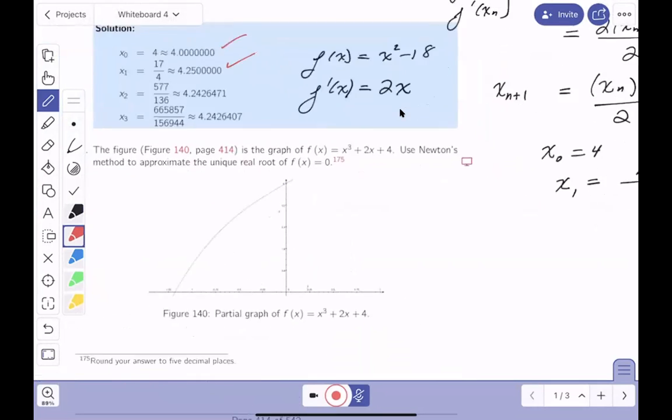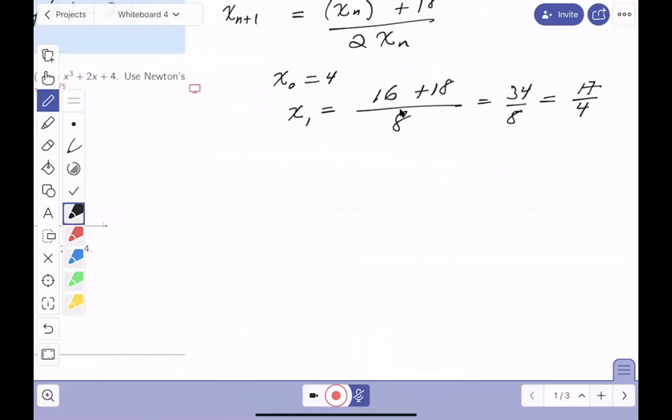Now someone says, could you do x2? I could. All right. And I'll tell you why I can do that. What's x2 going to be equal to? Well, it's going to be 17 quarters squared plus 18 over twice 17 quarters. I got to be honest with you, though, I don't really enjoy doing that, but I could do it, and you could do it too. And this is something where you get in exams where a calculator's not being used. Maybe they'd ask you to compute x1. Maybe they'd ask you to compute x2. But I got to be honest with you, getting x3 and x4 and x5 and x6, that's going to be